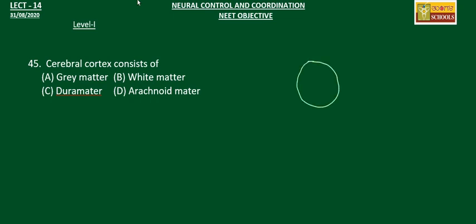Here I'm showing this is the outer cortex region, the cerebral cortex, and this consists of mostly cell bodies. So it has more cell bodies, and the inner region of the brain, so I can call it like the cerebral